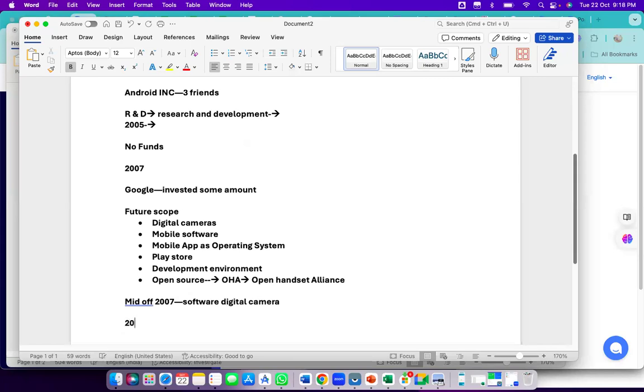Then in 2008, they released the first Android mobile, that is, an Android mobile with a company called HTC. Nowadays there is no HTC, but in those days HTC was there. So through HTC, in 2008, that was released. But even though it was released in the market, people were not coming and buying those mobiles, because